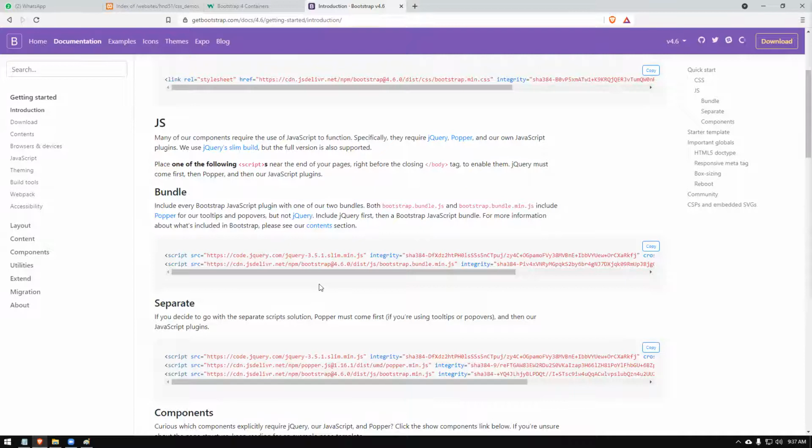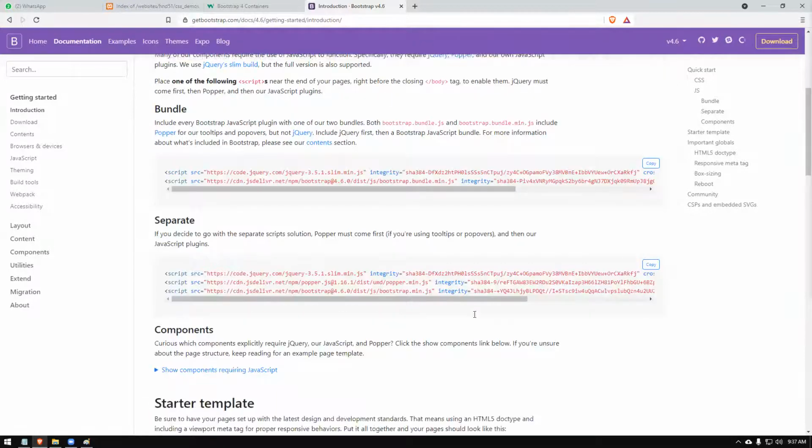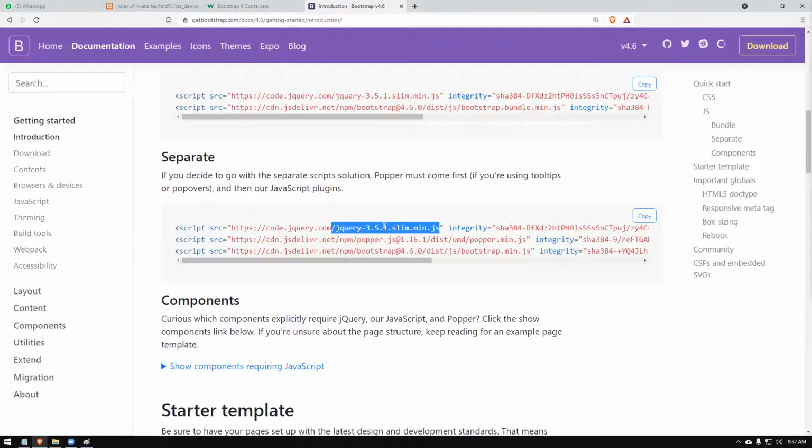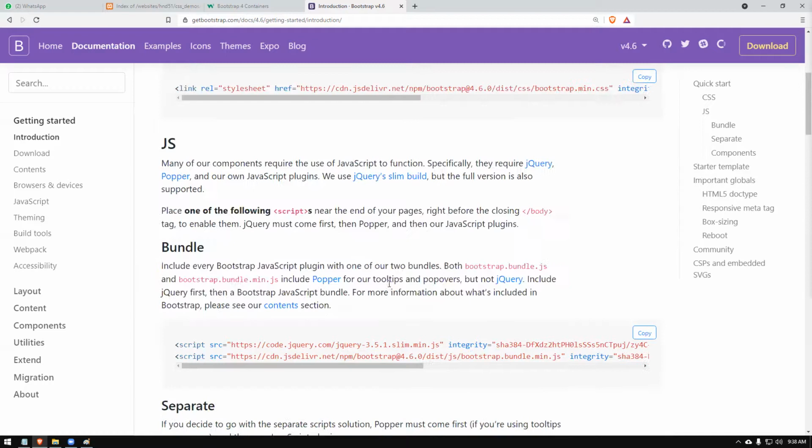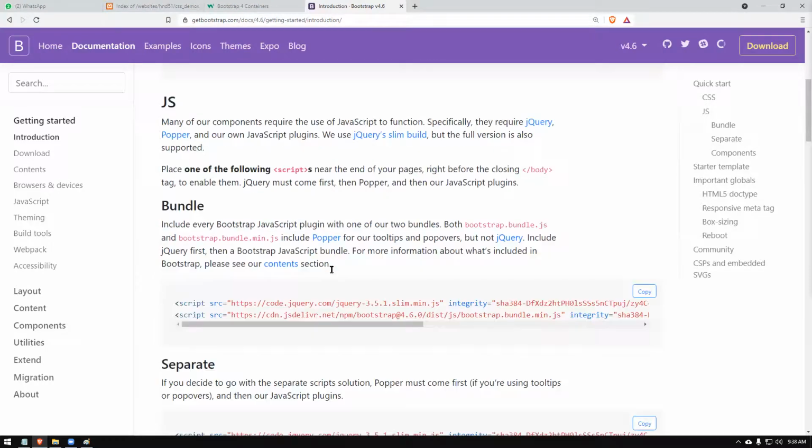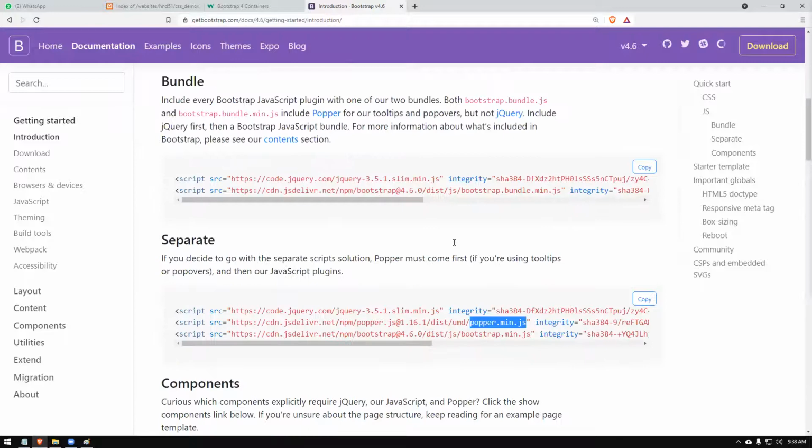So this is the bundle they are showing. Separately, you can take the whole thing here. There are three things that we take. Actually, there are three files. One is jQuery, the JavaScript library that you have to use. There is another file called Popper.js, and there is a file called Bootstrap 4.6.0. These are three JavaScript files you have to use. And there is a CSS file also you have to use. So there are three or four files. Don't worry about this.